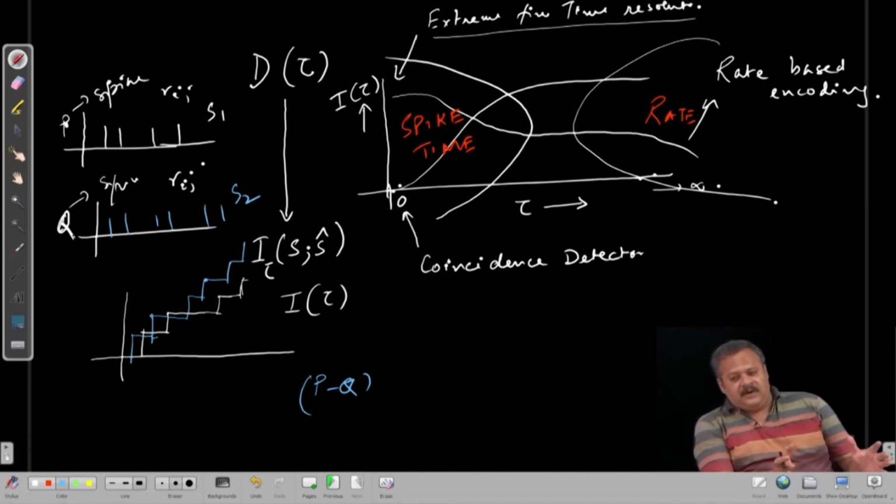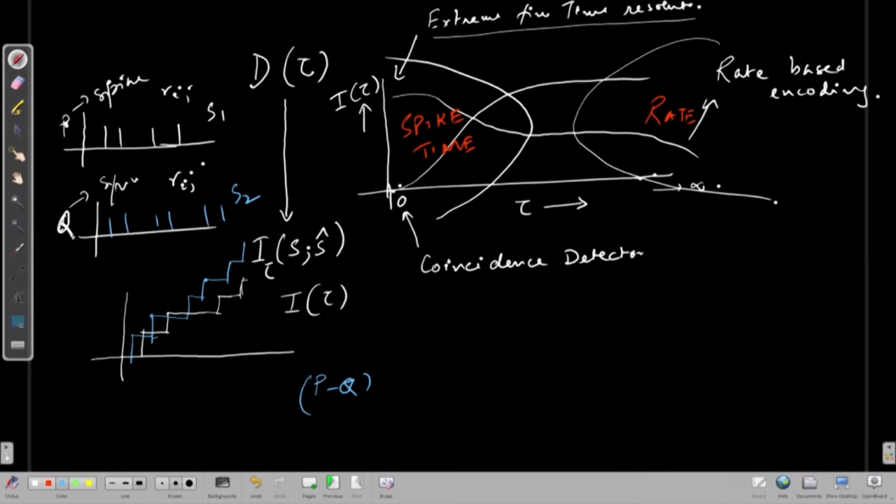The initial differences are going to be negligible till it builds up to p minus q. So that means it is totally a rate based code, that is, the difference in the number of spikes is what the